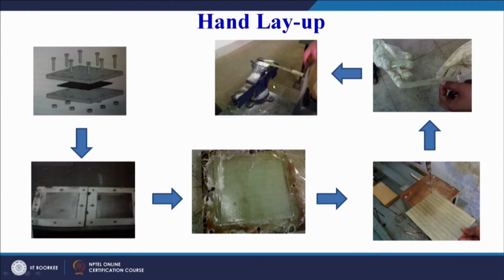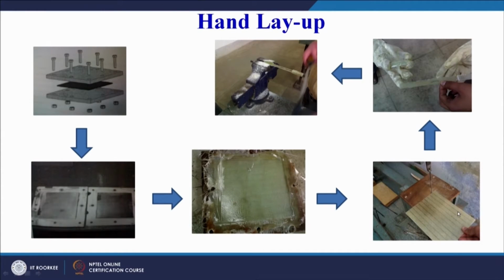So these 2 points are not that important, but these 4 points are important. That we have a mold, a two flat plate mold, then we do our layup. Once it has solidified after curing, we take out the laminate, and then we can cut it as per the required shape. So this is the simplest manual type of process, and therefore it is called the hand layup process.